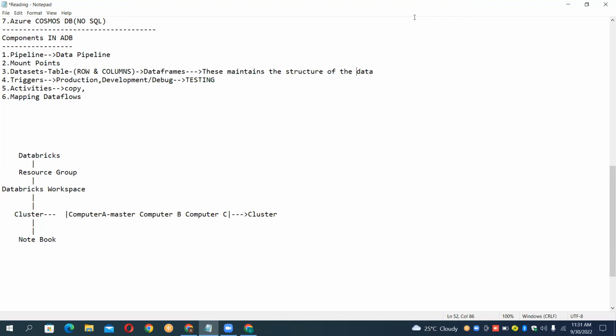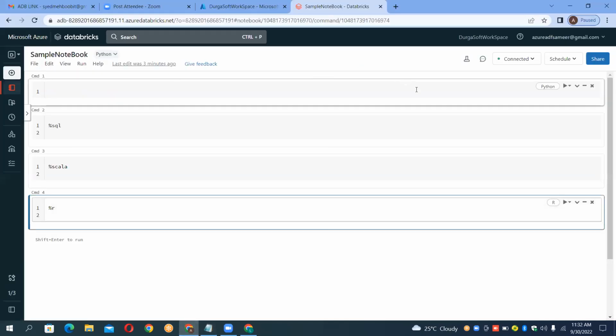Sir, I have some questions. Go ahead. Will ADB, Azure Databricks, cover the pipeline things or not? Of course, it will cover pipelines also. But ADF also has pipelines.